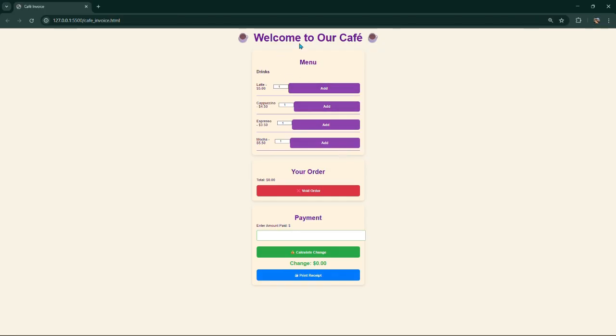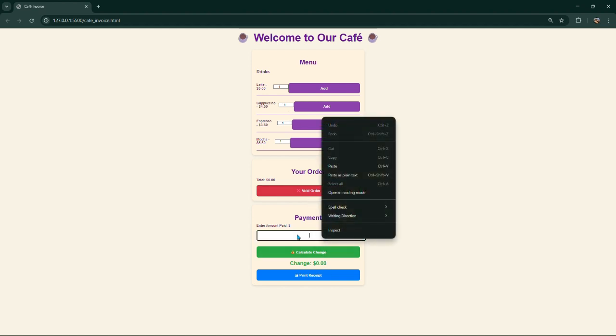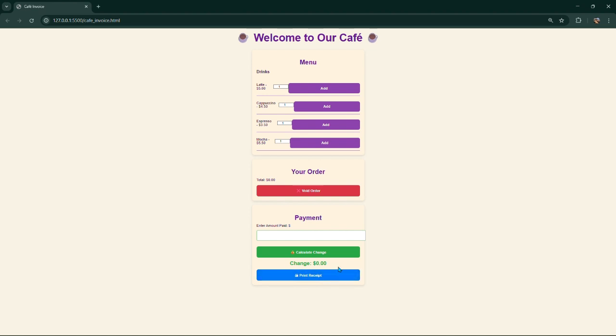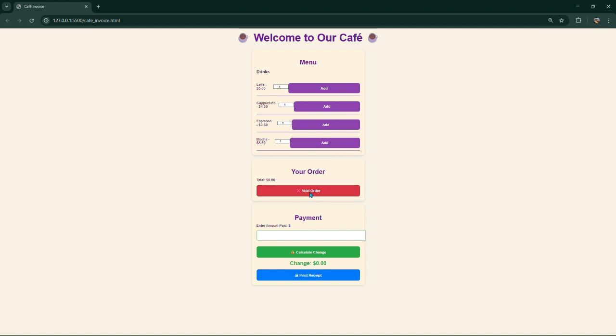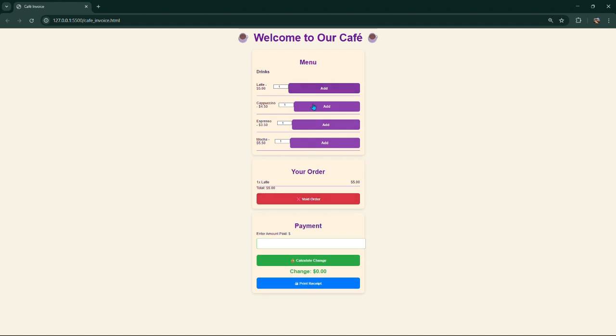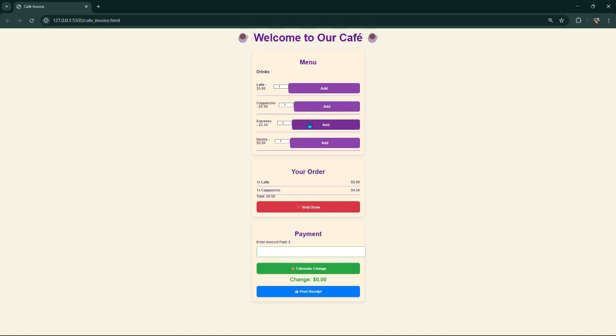So, yung cafe ko, yung transaction system ko, can add, can void order, can calculate change, and can print receipt. So, example is this latte. Kung ayaw naman ng customer, so i-void lang natin. So, like that. So, we are going to latte, cappuccino, espresso, mocha,